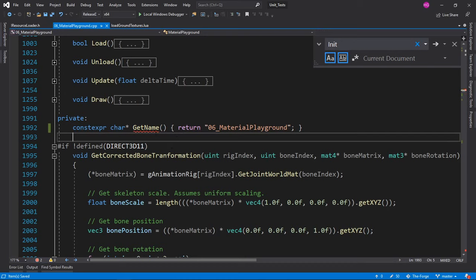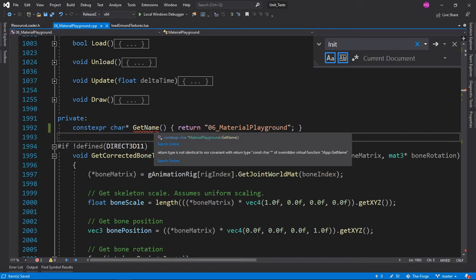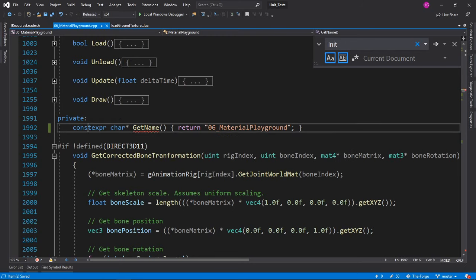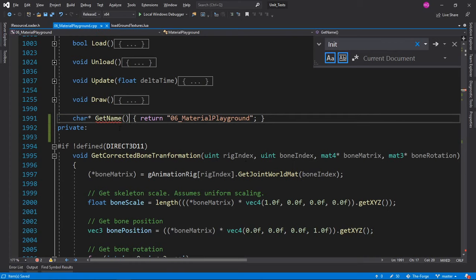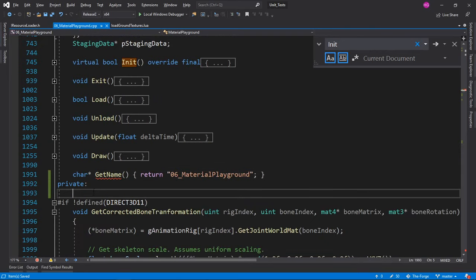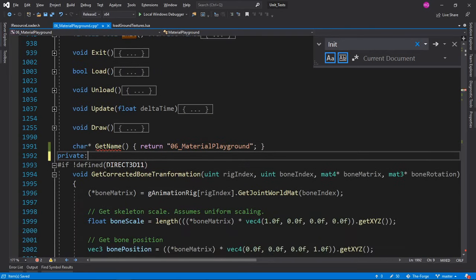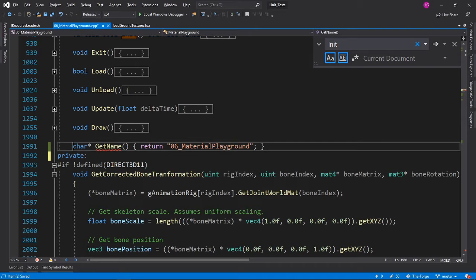So yeah, unless this is virtual and we're just overriding this, I don't see it. Yeah, this is an override. Interesting that it doesn't care that we're overriding it in private. That's something to look at. Yeah, that is something that we would like to see. Alright, let's make this public. I actually am not sure if you can change the access qualifier of a member function when you're overriding it. So for now, I'm just going to add virtual.